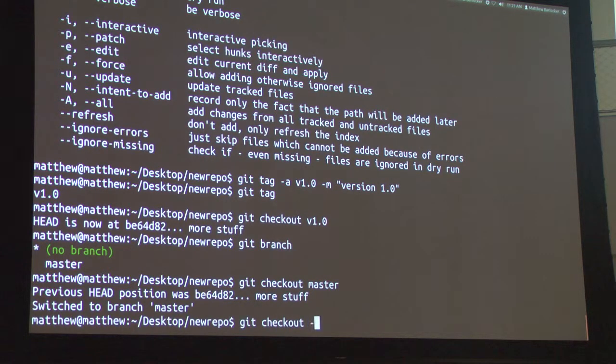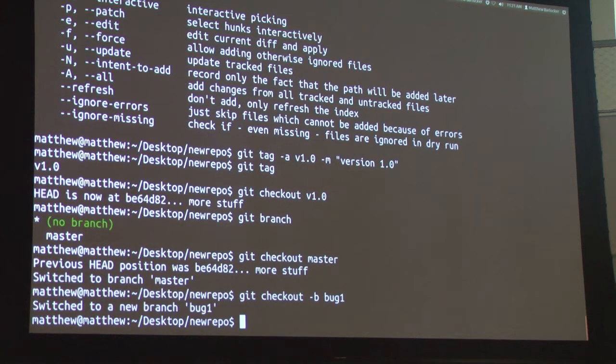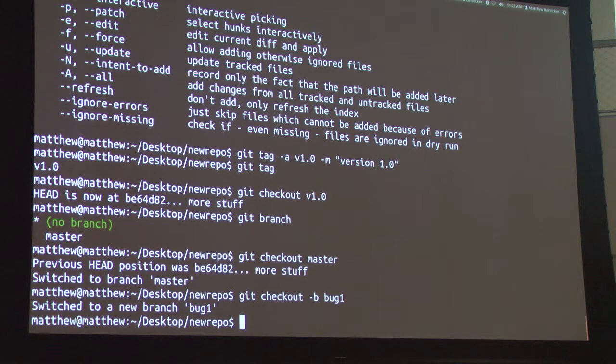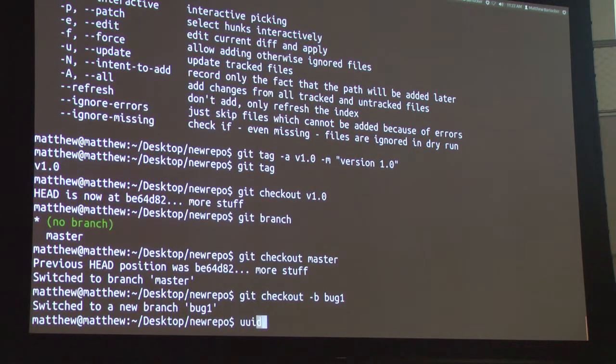So I'm going to check out a new branch, -b, and I'm going to call it bug1. Branches are so easy to make that I'm going to make a branch to fix this bug. I have not changed master, nor have I committed anything. Master and bug1 both point to the same commit. But because I've checked out bug1, when I commit,